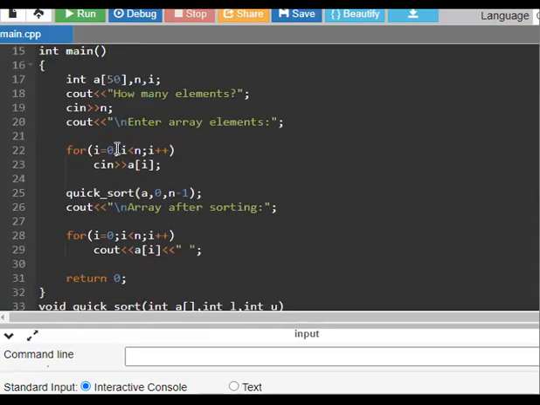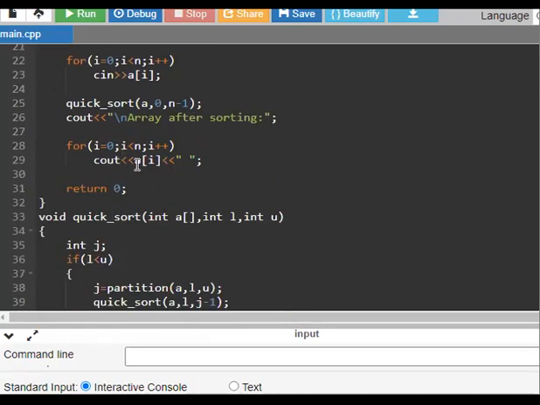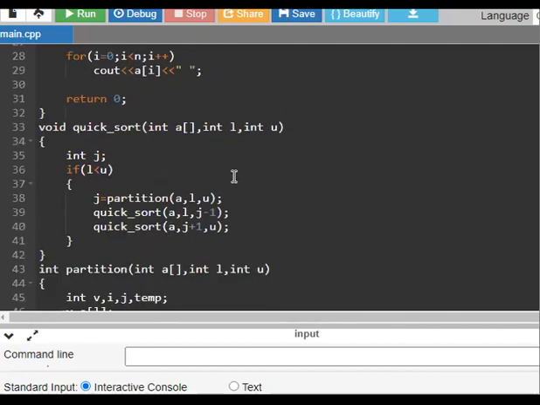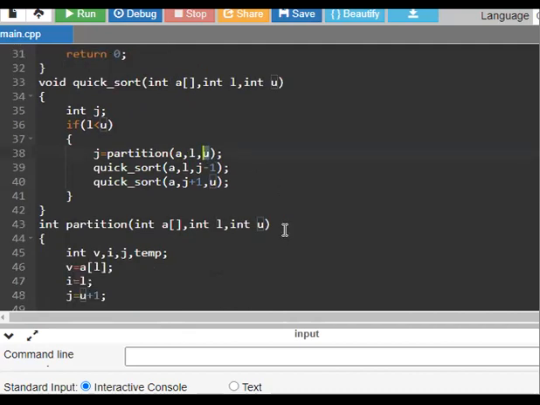In the main function, we get an array and call the quicksort function for sorting. Then it returns the values after sorting. In the function definition of quicksort for the partition part, we pass the array, the lower value and the upper value, and sort the left side part and the right side part.